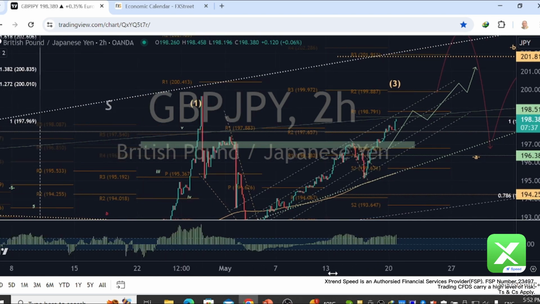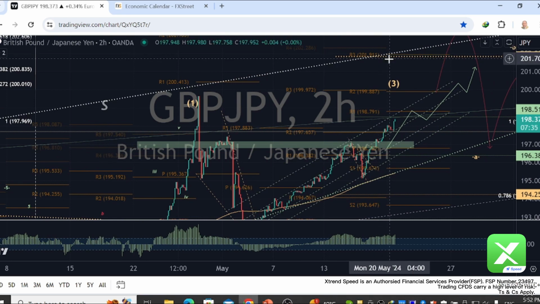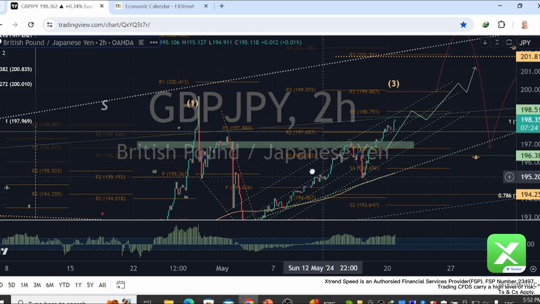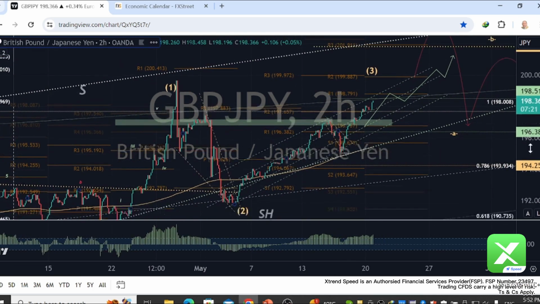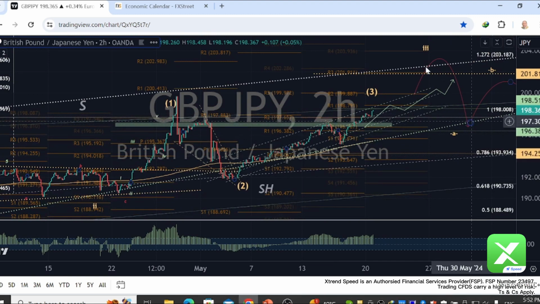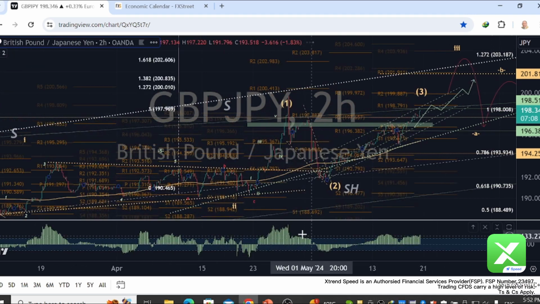Over here, resistance 3 showing 201.9. Resistance 2 is 199.88. In between is 200.8. And these are all the targets. So the target is the end of the week. If you are going to be swing traders, the end of the week is whatever, of course, we get. If we are also going to be using